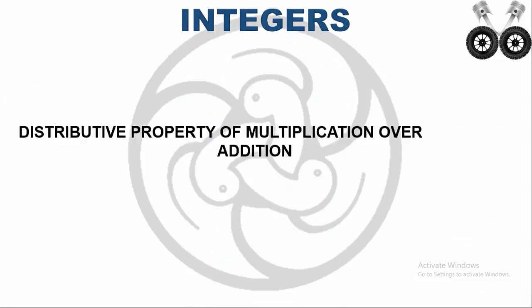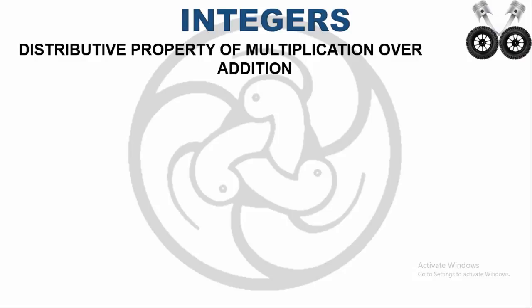So next we are going to see the distributive property of multiplication over addition. So what is the property here? A, B and C are three integers. Then A into (B plus C) equal to A into B plus A into C. So here A is distributed to B as well as distributed to C. So A into B, that is the multiplication of A into B, plus A into C. So here the multiplication is distributive over the operator addition.